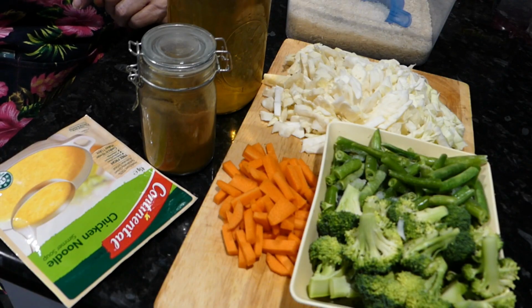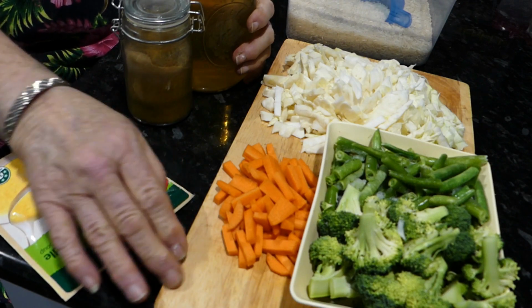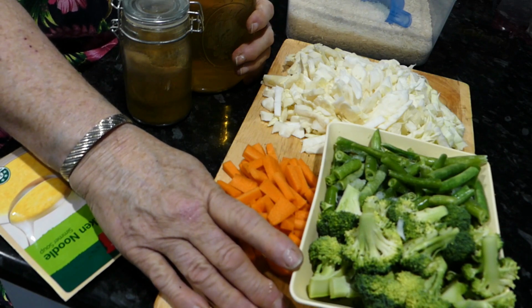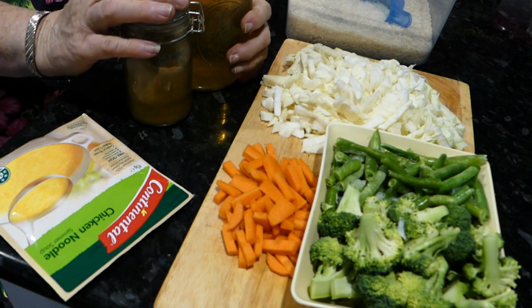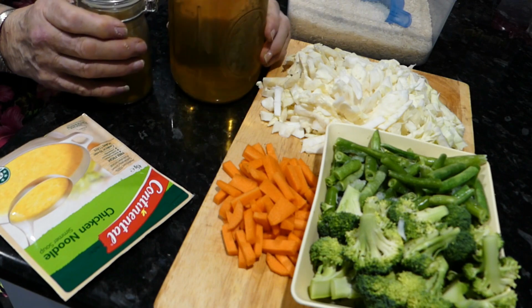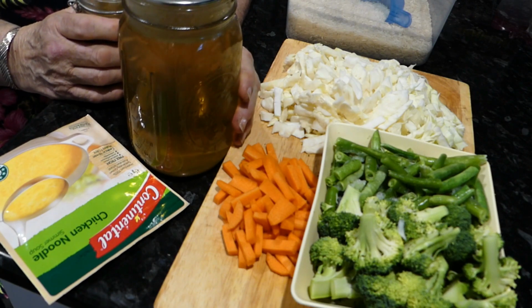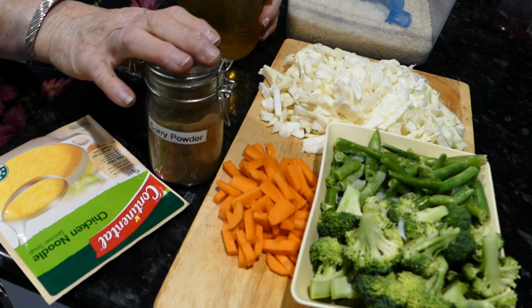Well, you're coming to me once again from my kitchen, and this evening we're going to be making chow mein. So what you will need for this is 1 carrot that is julienne, some small florets of broccoli, green beans, cabbage that is chopped. You can either slice it finely or chop it, some chicken stock. This is homemade chicken stock, some curry powder. Now I like the mild curry powder,